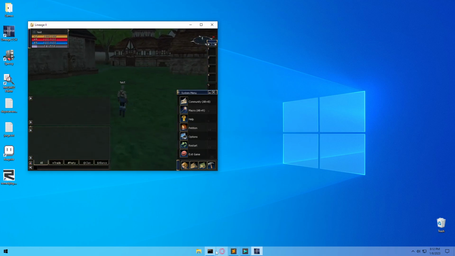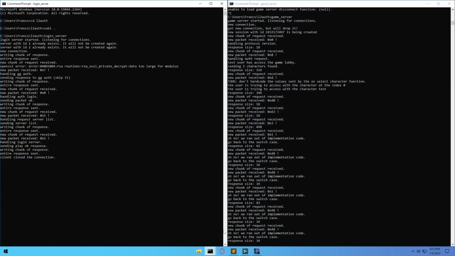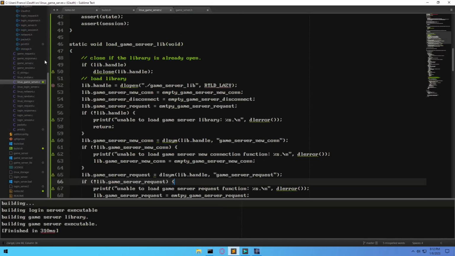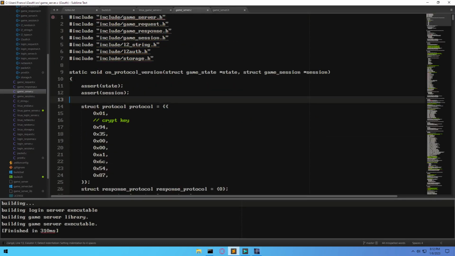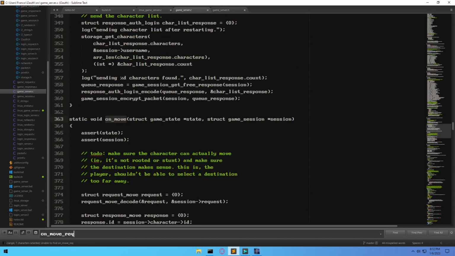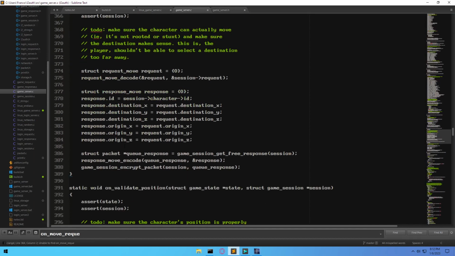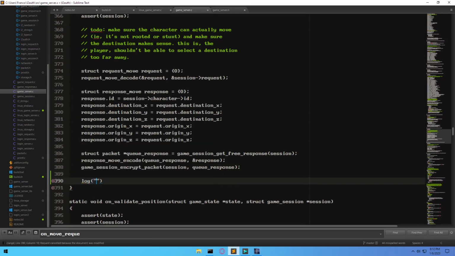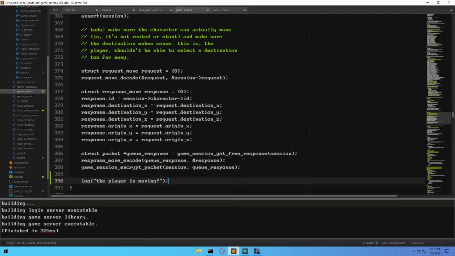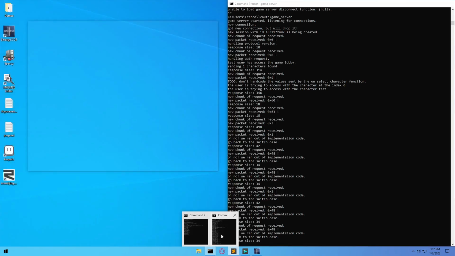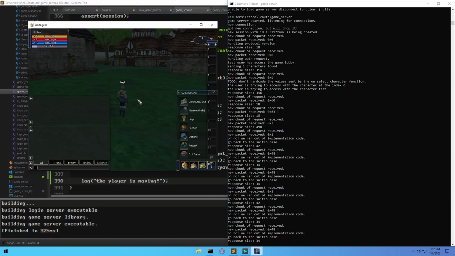All right. So now, how do we make sure that this is working? Well, we can go to the game server code and when we move, on move request or maybe on move, we're gonna go ahead and add a new log. So the player is moving. So now we should be able to compile and without shutting down the server,